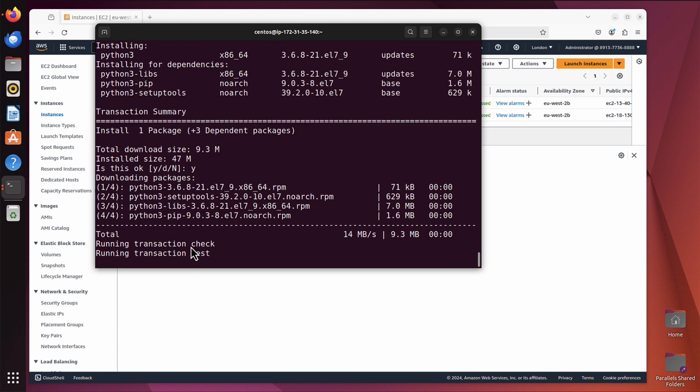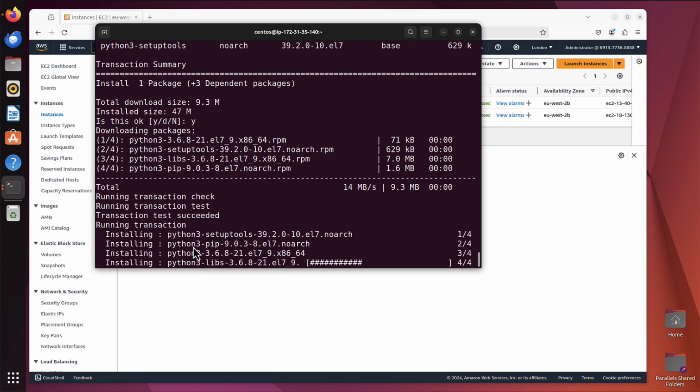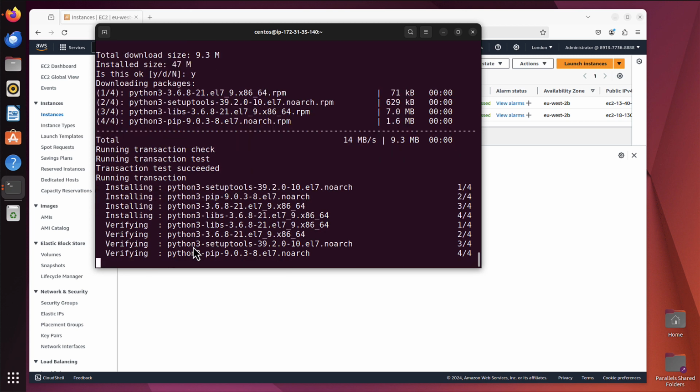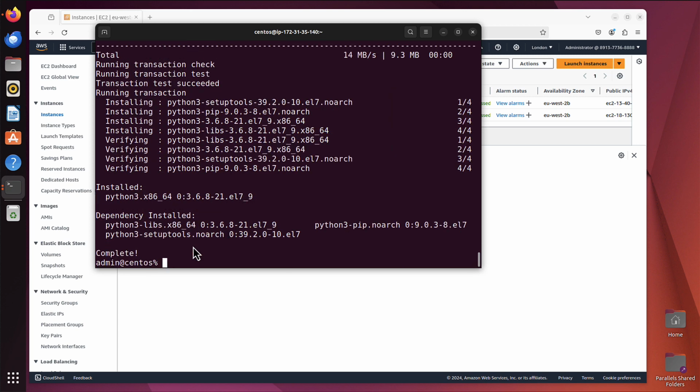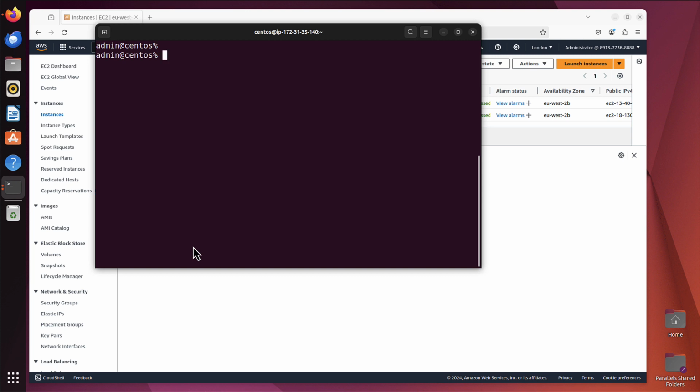Yes, confirm. That was quick. And now let me maybe clear that again. If I run python --version, I've got version 2. It's still there. But if I run python3 --version, I also have Python version 3.